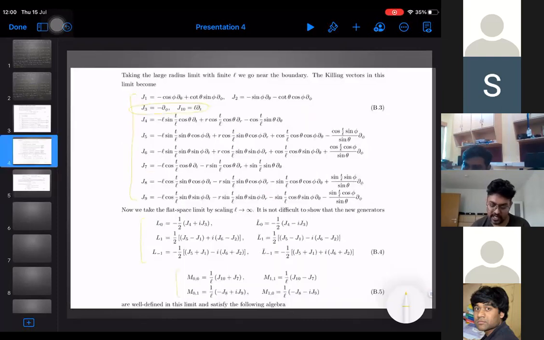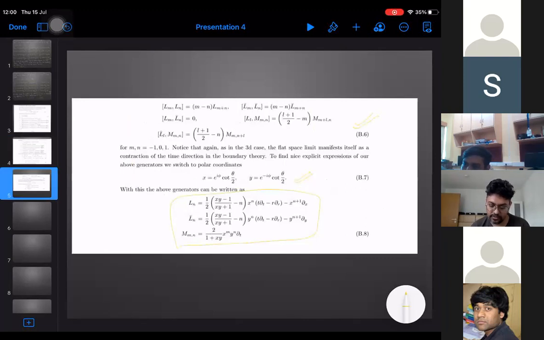No, the thing is like that. I have told you for m = -1, 0, and 1. But the similar thing, as I was telling you, these generators, if you take B8 and do it for any n and then plug it into B6, it satisfies for any n.